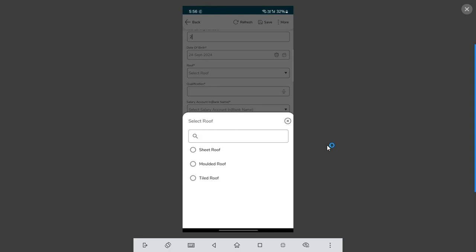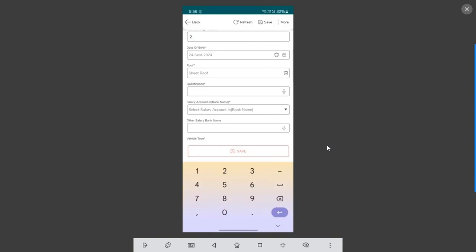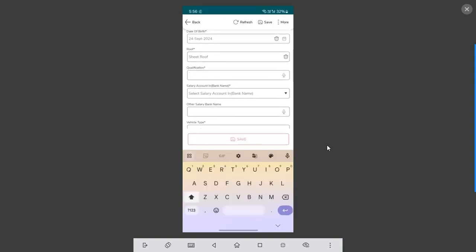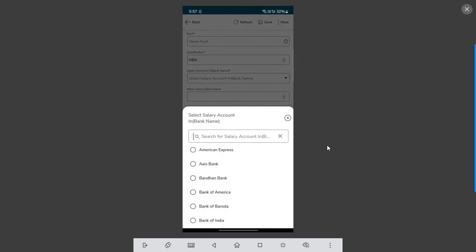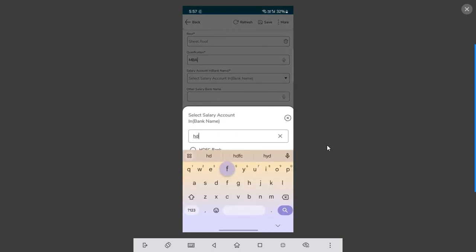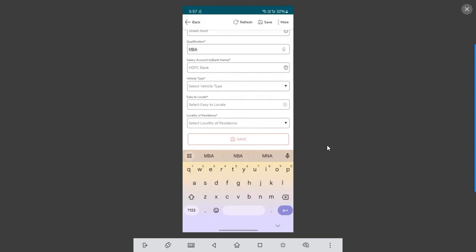Then here I can select some address related data like the type of roof that my property has. Then I'll enter my qualification. Okay. Then I'll select my bank account, HDFC Bank, vehicle type,